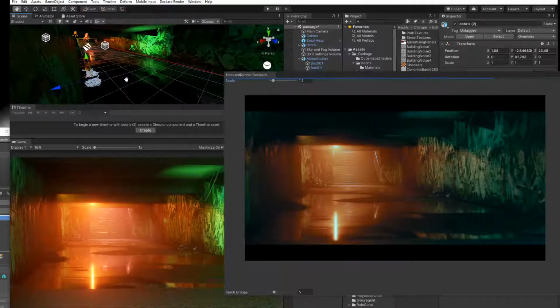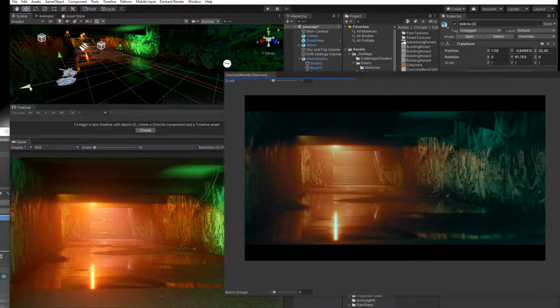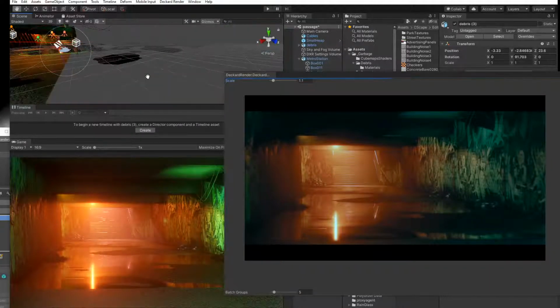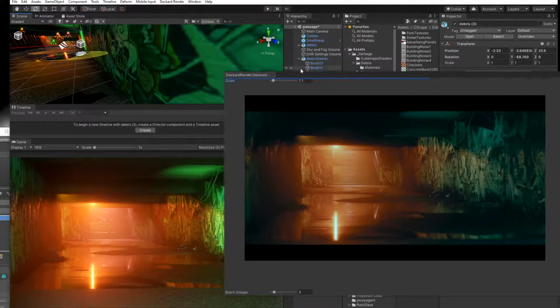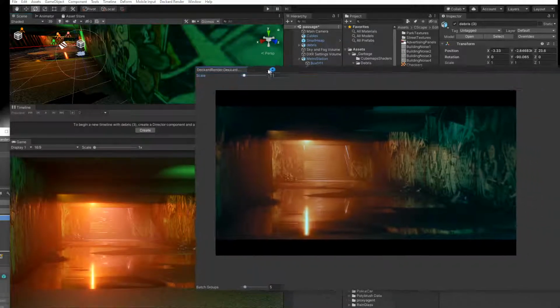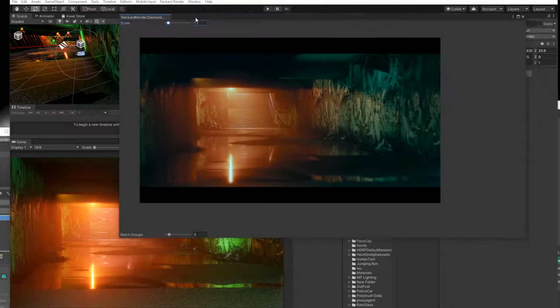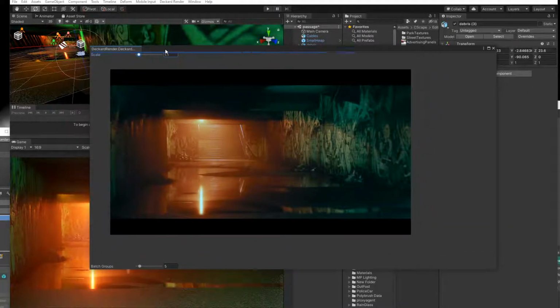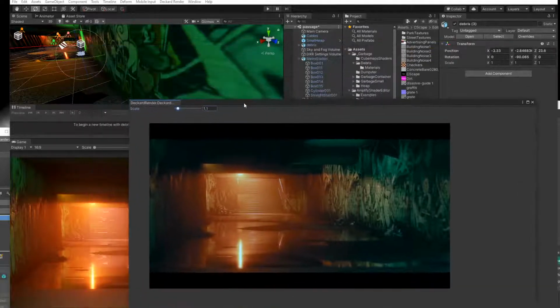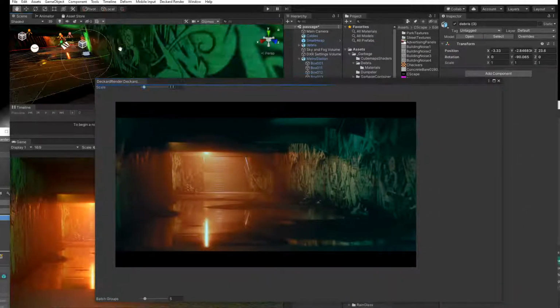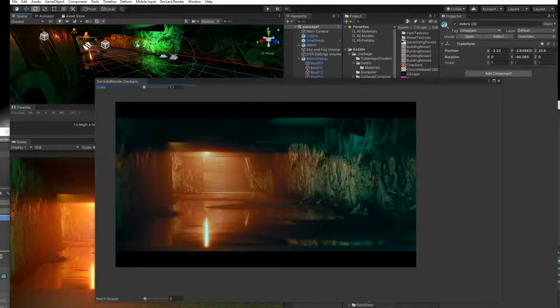So whenever you can, it's better to reuse some models like that, as it gives us much more flexibility, and it becomes more optimized. Less draw calls and things like that. Okay, so